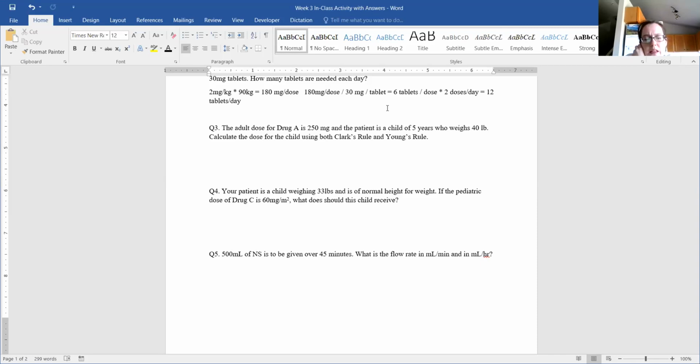I think that's the drop rate, where it's the volume over time times the drop factor. So we have to convert that hours into minutes. Is that what we need to do first? 80 milliliters per hour. So it doesn't give us